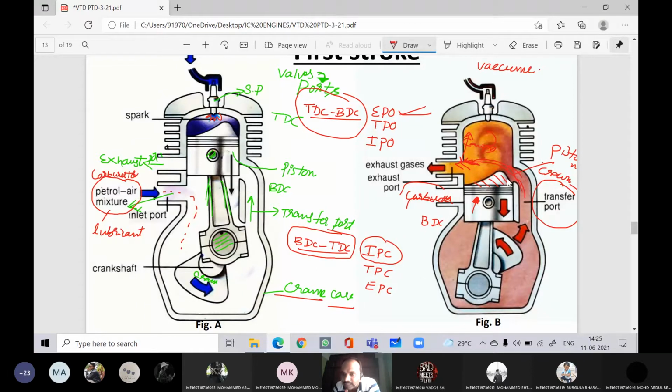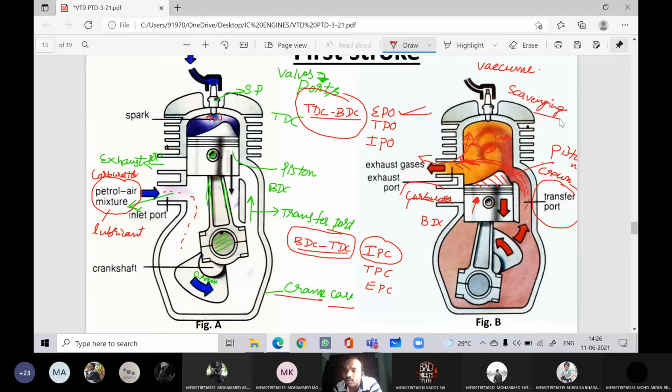This acts as a deflector. Therefore, the incoming air fuel mixture will hit here and it will deflect in the upward direction. Once this air fuel mixture deflects upward, this air fuel mixture has higher density compared to the exhaust. What does the engine cylinder contain at this time? At the end of the expansion, these are exhaust gases. These exhaust gases are lighter in weight, they have lighter density as compared to the air fuel mixture. This air fuel mixture deflected upwards will push these gases outwards through the exhaust port. This operation is called scavenging.